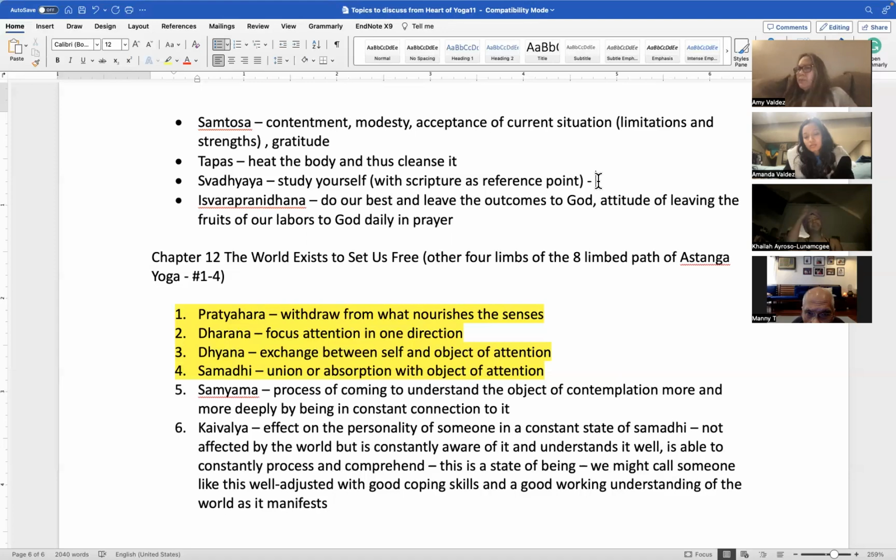So this is the first time we've mentioned mantras in our discussions. I find mantras to be really helpful. I don't use them all the time or regularly, but there are moments that I will pull it out as a tool. So, for example,